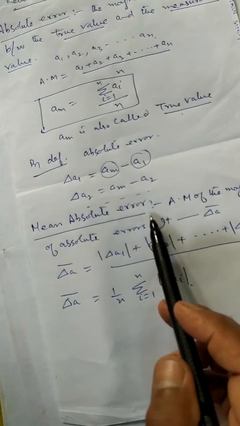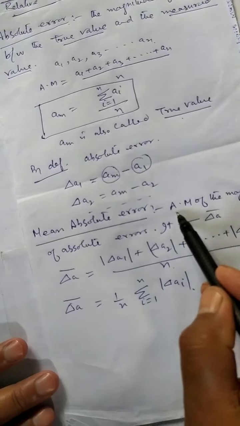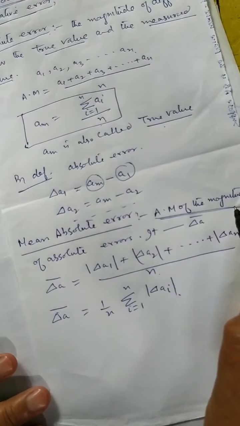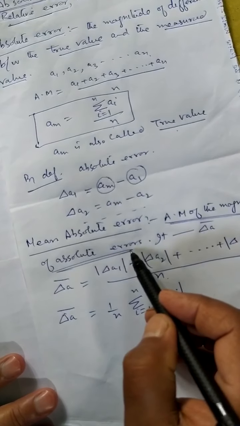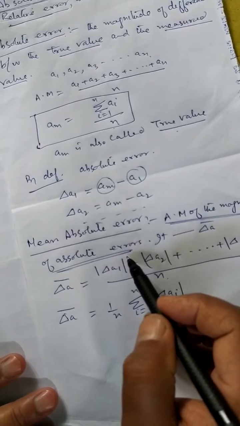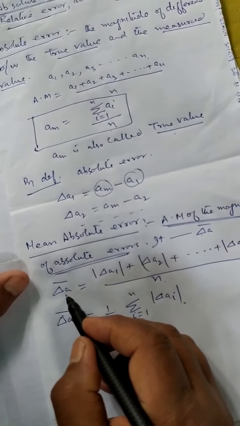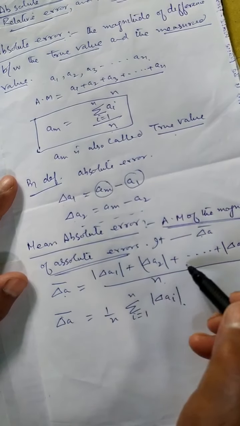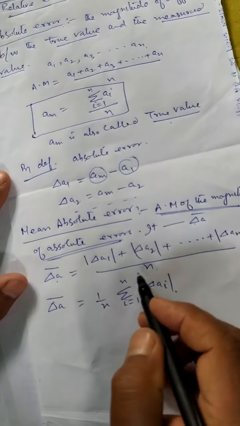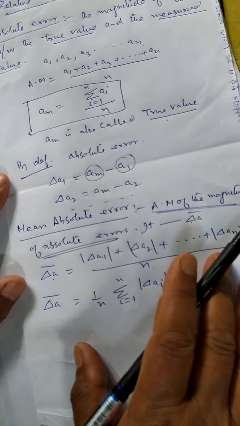Mean absolute error जो है, it is the arithmetic mean of the magnitude of the absolute error. It is denoted by delta A bar, यानी delta A bar is equal to जो ये डेल्टा A1, डेल्टा A2 निकला है, इनका मैग्नीट्यूड हम लिखेंगे, डिवाइड बाय n, उसको हम कहते हैं मीन एब्सोल्यूट एरर।